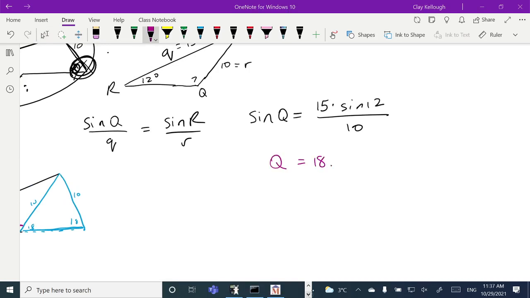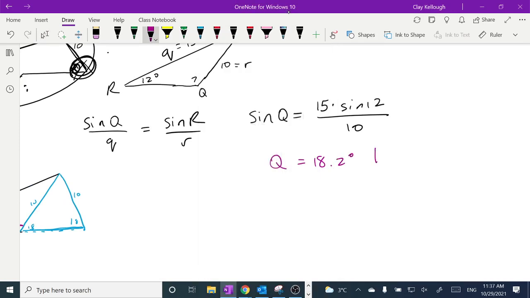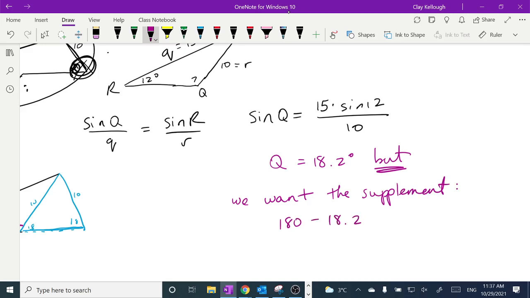Let's go back to the number. What was it on the screen? 18.2, let's say. So it was 18.2 degrees, but we want, oh, what's the fancy word for when two angles add up to 180? What are they to each other? Begins with an S? We want the supplement of that, which is 180 minus 18.2. I'm not going to touch the calculator again. If you take 18 away from 180, you get 162, so that'd be 161.8